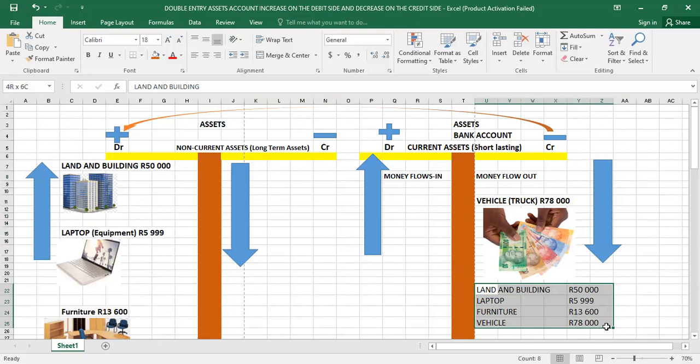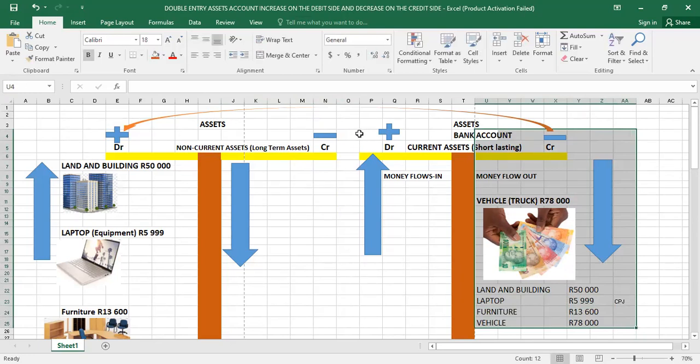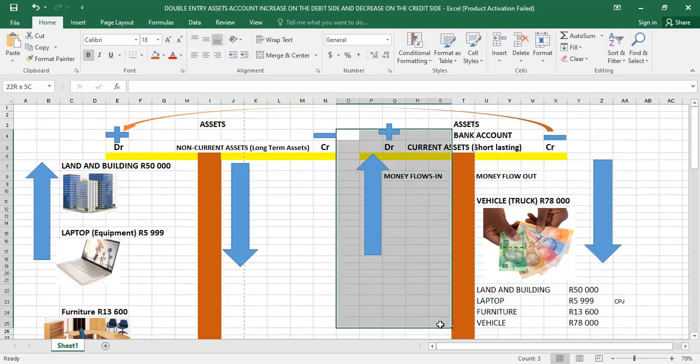And then for more information, whenever we make a payment, we are going to be recording it in the cash payment journal. On the credit side of our bank account, we are going to be using a book called the cash payment journal. But on our debit side, which is our left-hand side, which book are we going to be using when we receive money within our business?